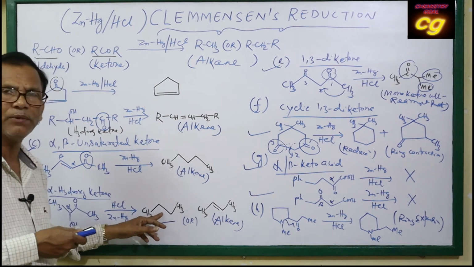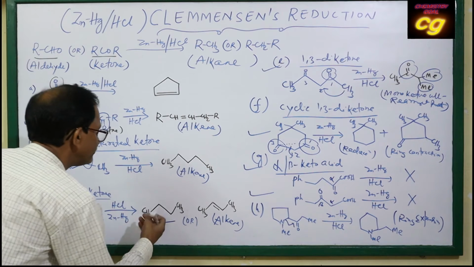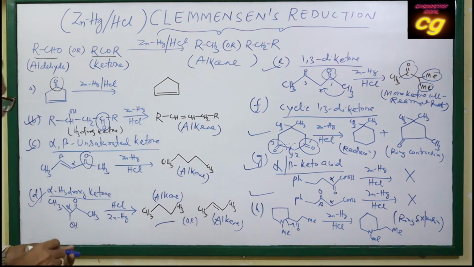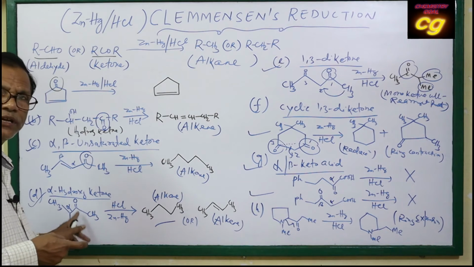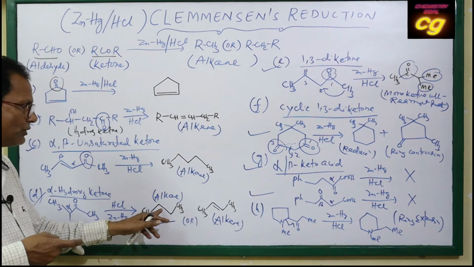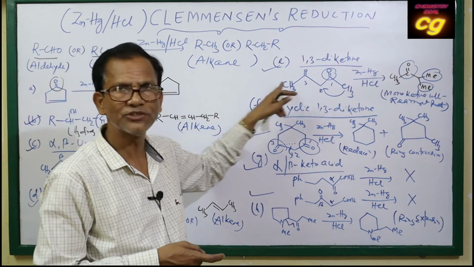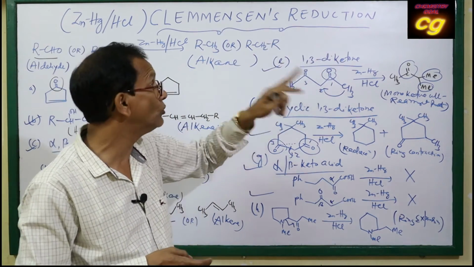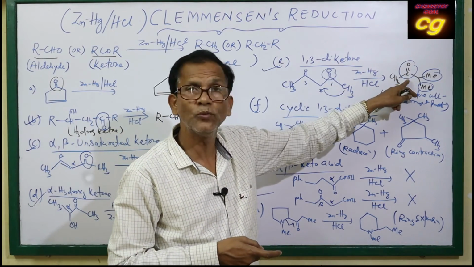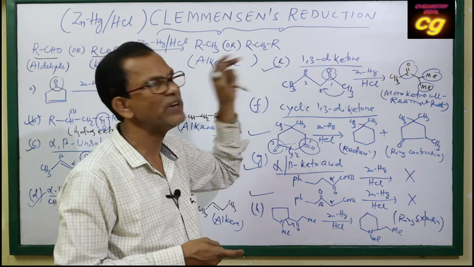And also it may undergo full reduction, that is alkane. This is your alkane. This is alkane. You have to remember the principle. This is the theory. Alpha hydroxy ketone converts to alkene, same number of carbon, and also it converts to alkane. If it is 1,3-diketone in open chain structure, 1,3-diketone converts to monoketone. Just you see, at 1,3 position, only one keto group remains, then rearrangement of alkyl group takes place.